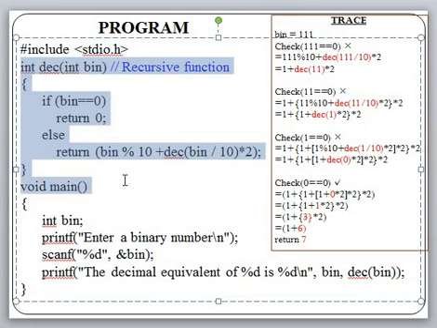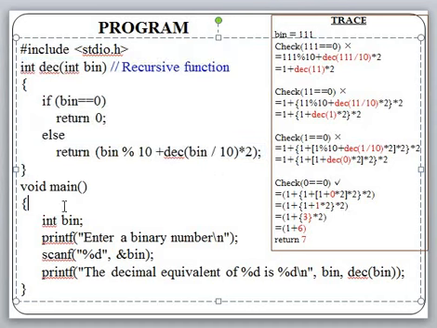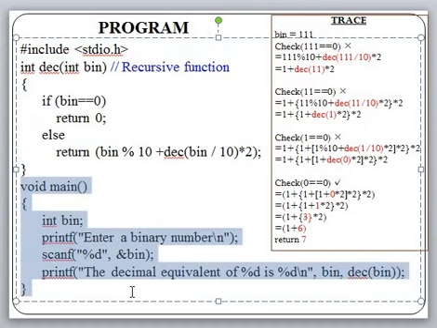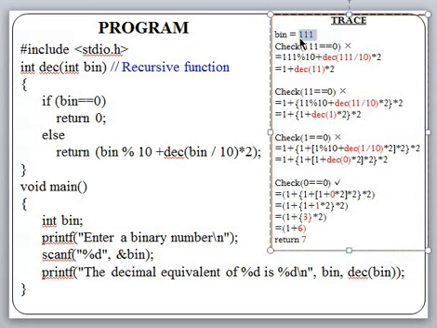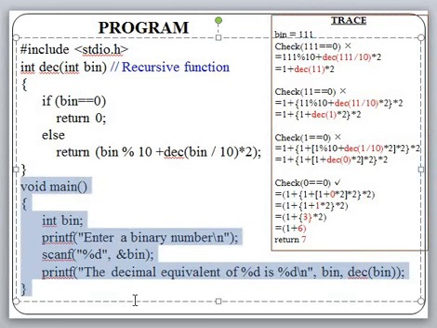And here is a user defined function which converts a given binary number into decimal. So now here is the function main, which is compulsory in all programs in C, where we are taking input from the keyboard for bin, and then we are sending that value bin by calling the function DEC. What is this DEC? DEC is nothing but a user defined function we created with the value bin. So now in case bin is 111, let us execute this program. When we execute this program, C program execution starts from function main.